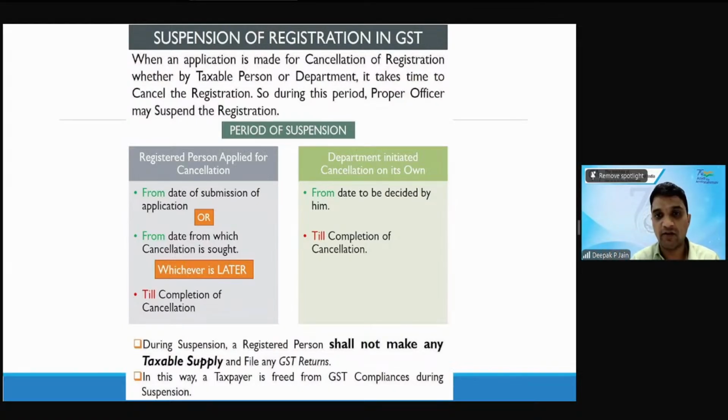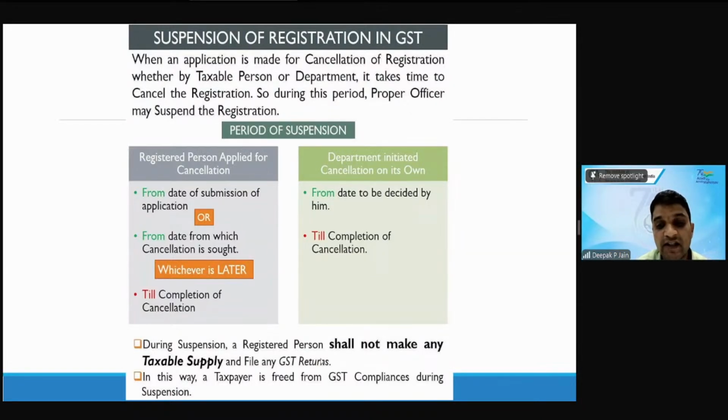ये कब होगा? जब आप अप्लाई कर रहे हो। लेकिन जब डिपार्टमेंट को कैंसिल करना है, डिपार्टमेंट कैन इनिशिएट कैंसिलेशन ऑन इट्स ओन अकाउंट। जब डिपार्टमेंट इनिशिएट करता है तब फ्रॉम द डेट टू बी डिसाइडेड बाय द ऑफिसर, ऑफिसर डिसाइड कर सकता है। ये पिछले डेट का भी ले सकता है कि आप तो 1 महीने से रिटर्न फाइल नहीं कर रहे हो, तो फिर पिछले डेट से, पुराने डेट भी जा सकता है वो।